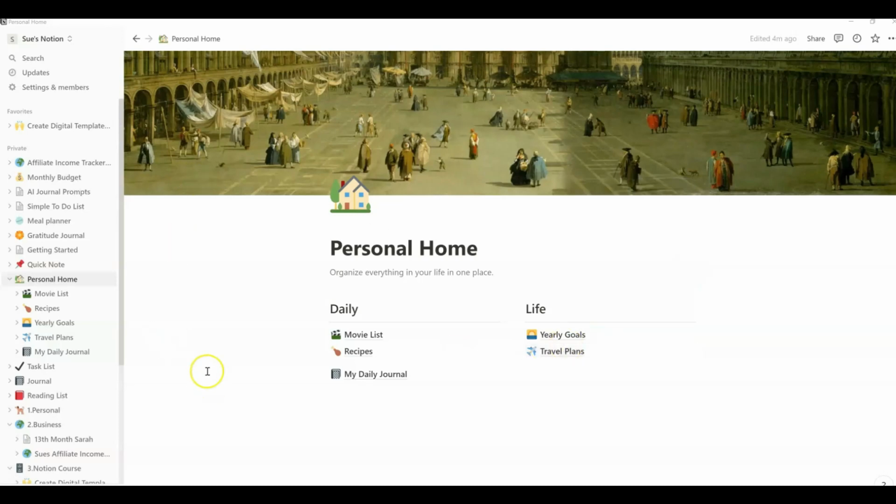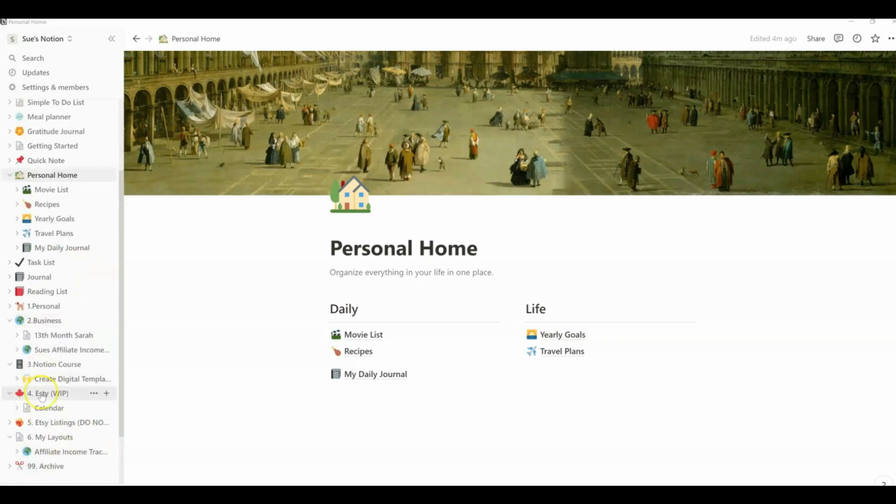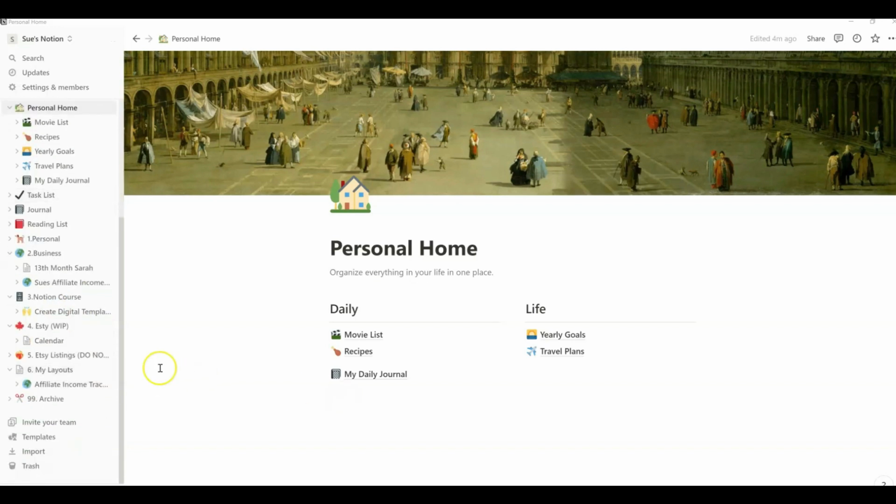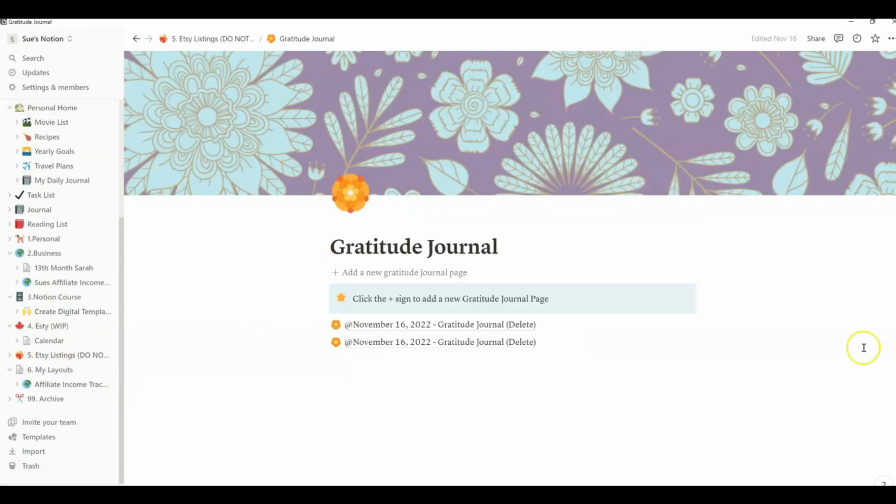Much like the personal page here. So you can create different categories on this side. So I've got personal here, then I've got a business section down here where I'm putting my Notion template. This is one of them that's in the course one, and it's just a simple page where people just come